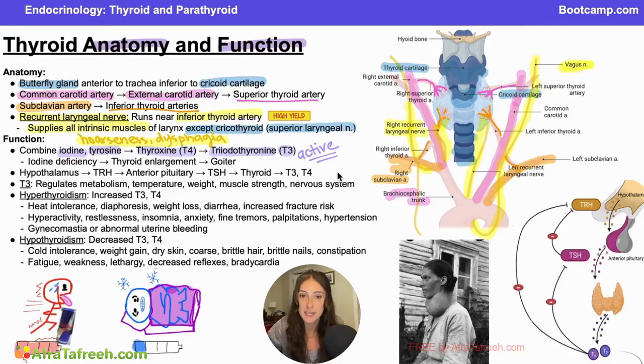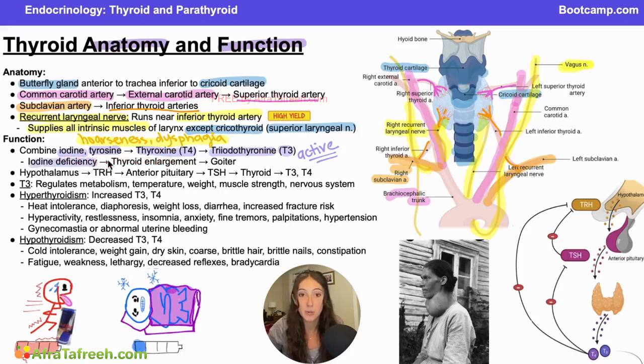So your thyroid does release T4 and T3. It probably releases more T4 than T3, but T3 is going to be that more active form, and a lot of our T4 is going to be converted to T3 peripherally. If you understand that the job of our thyroid is to suck up all the iodine it can find and make T4 and T3, then it should make sense that if we have iodine